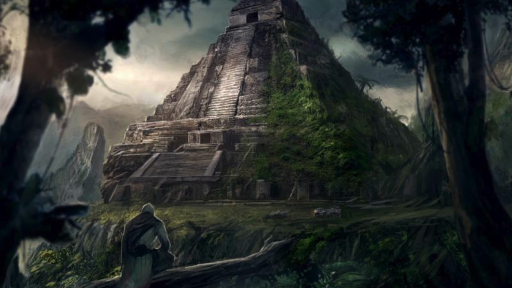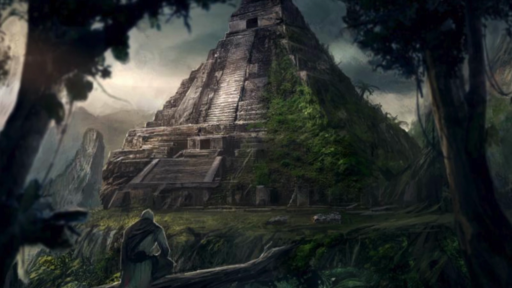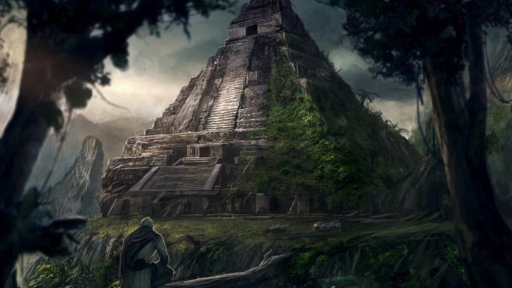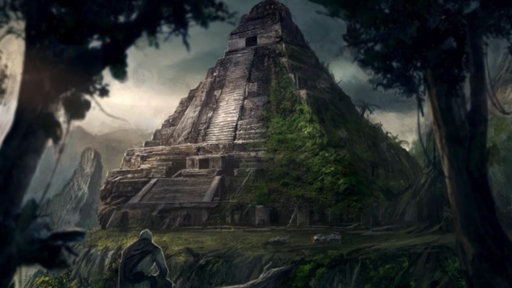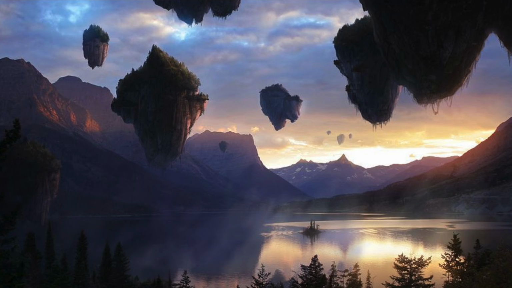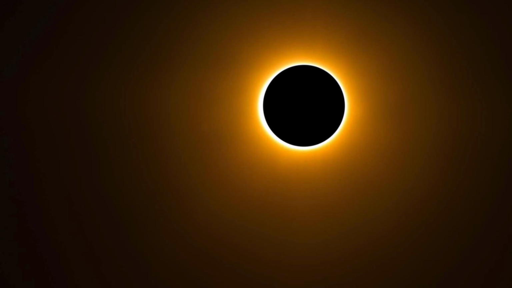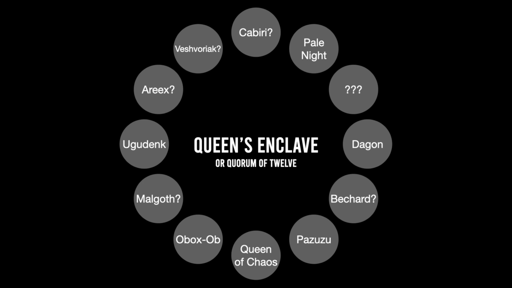The largest structure in this layer, at least in 4th edition, is the Great Ziggurat of Oth-Magruloth, an ancient site of Obyrith origin that the tanar'ri fear to go near. There's an earth moat named Eothor that eclipses the sun of Pazunia once every millennia. This eclipse lasts for several days, and when it happens, the remaining Obyrith lords, who call themselves the Queen's Enclave due to the fact that they're ruled by an Obyrith known as the Queen of Chaos, crawl up from their